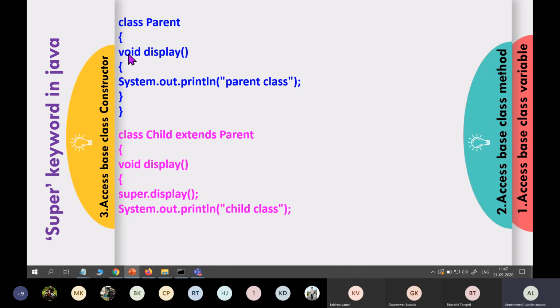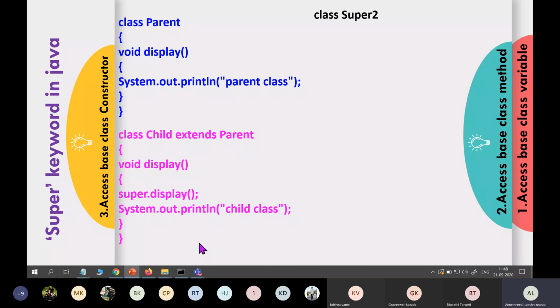Otherwise, if you use a different name for parent and a different name for child, it's not a problem. You directly create an object for the child and call the two methods with their names. But if you use the same method name in both parent class and child class, and you want to call the parent class method in the child class method, use super dot display. No need to be confused. In the previous class it was a variable, here it is a method, whatever it may be, the concept is the same. In the previous case, small a and small a were used, and to use the parent small a, super dot a. But here, in place of small a, we have methods display and display. So to call the parent display, we use super dot display.